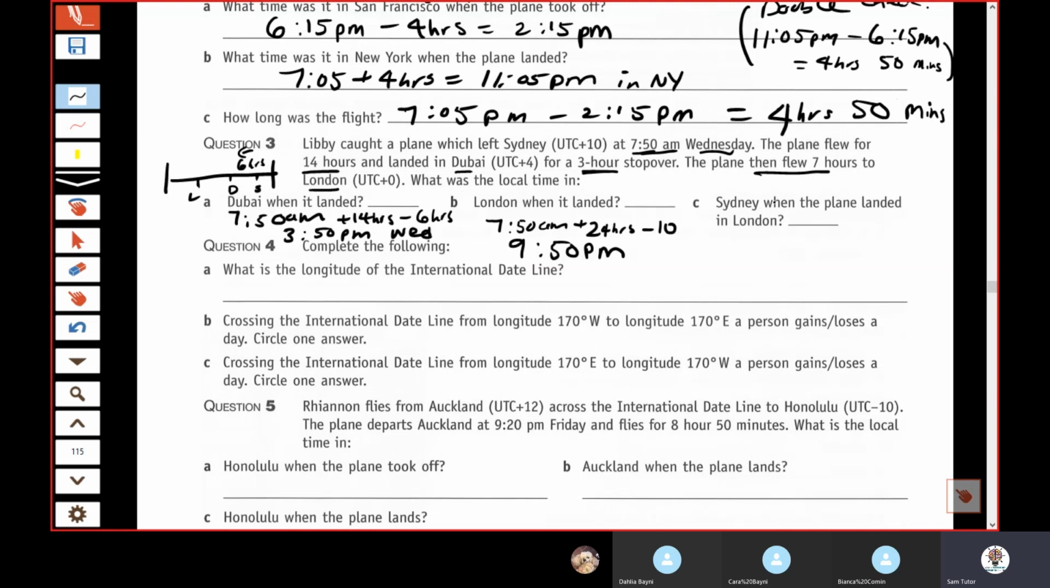Last one. What was the local time in Sydney when the plane landed in London? Well, that's easy. Right now I land in London 9:50 p.m. You know Sydney's 10 hours ahead, so just add 10 hours to that. 10 hours to 9:50 p.m. would be